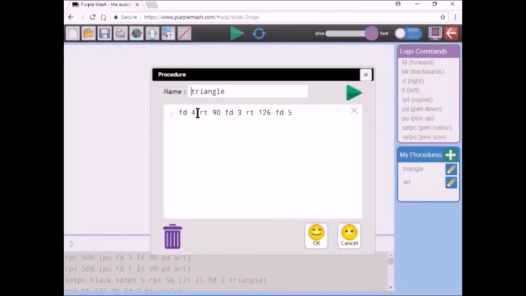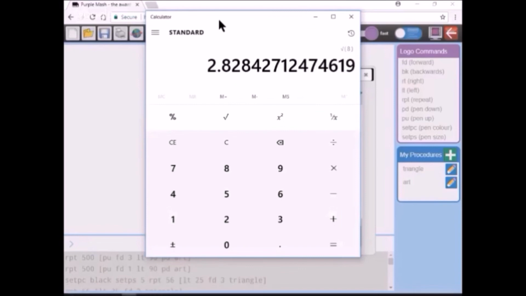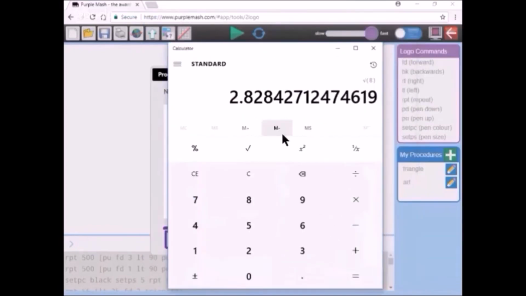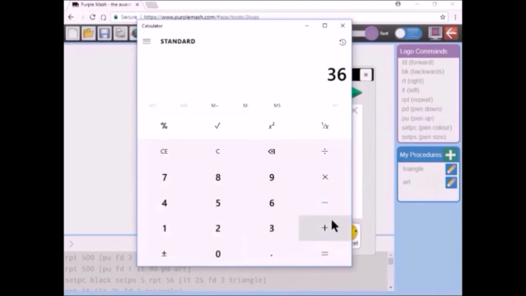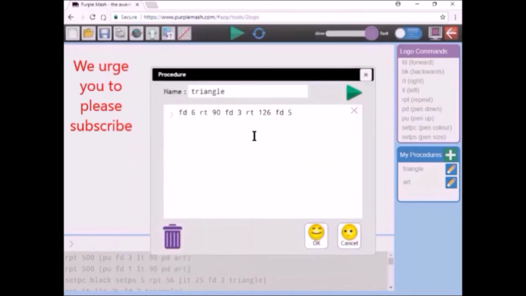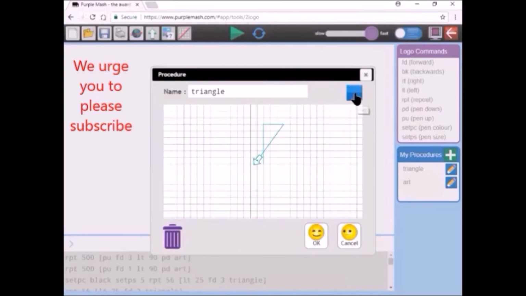You can use, like, look, if I change this to be 6, I'll make it big, 6 and 3. Now, you know that if you get your calculator, so what's 6 times 6? Okay, let's just clear this. 36. And what is 3 times 3? So plus 9 equals, and we're going to get 45, square root, 6.7. So 6.7 would be forward 6.7. I'm not sure if it'll still come up with the same, if it'll meet in the same place. Let's just see. Oh, look,